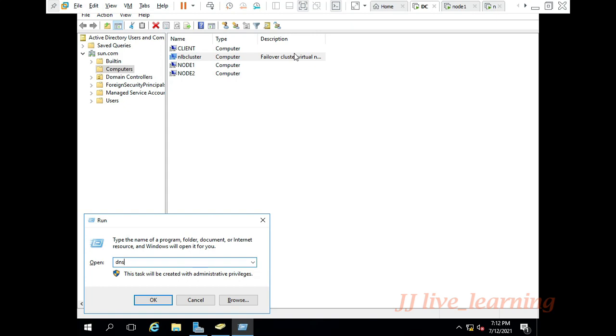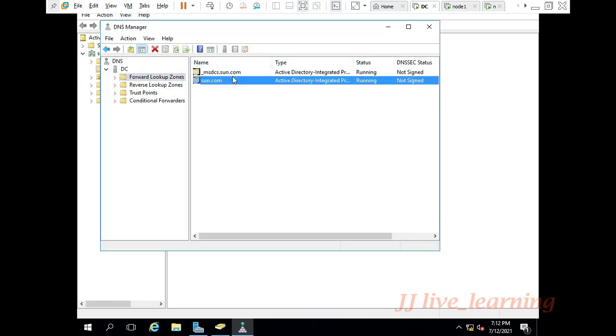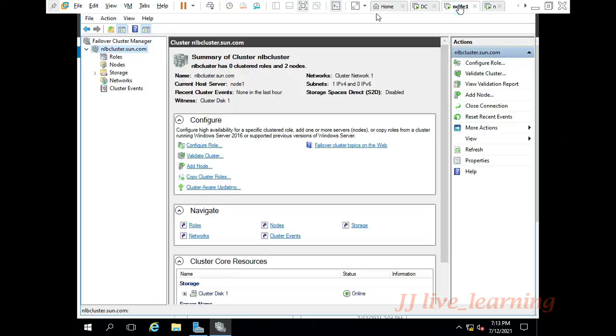As well, on your DNS management, the link IP address will also be present in your DNS entry. The IP address is 10.90. On your forward lookup zone, it shows the NLB cluster. The IP 10.90 is the link IP address, that is the heartbeat IP address of your failover cluster.